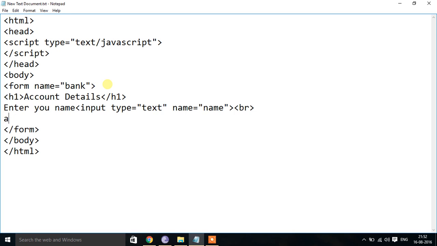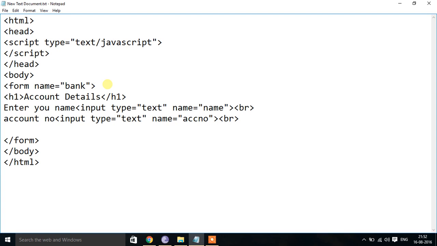Then we can give account number. So again we can use input type equal to text, name equal to ACC number, then BR is for the next line. So we have got name, account number, then we need to get the password.